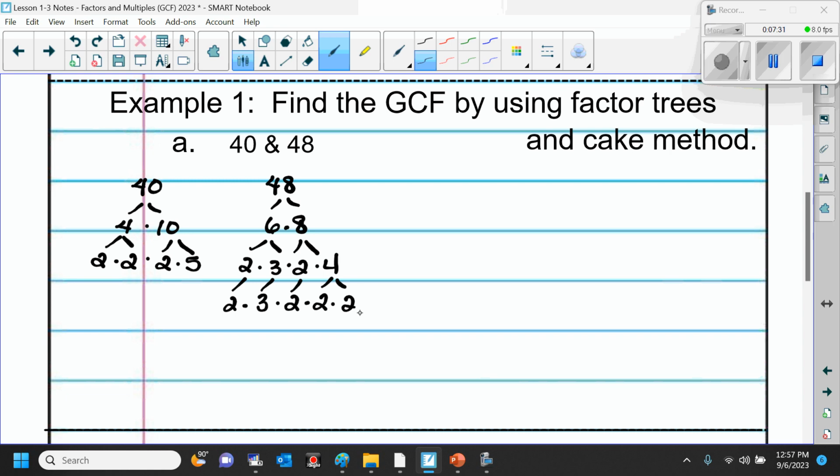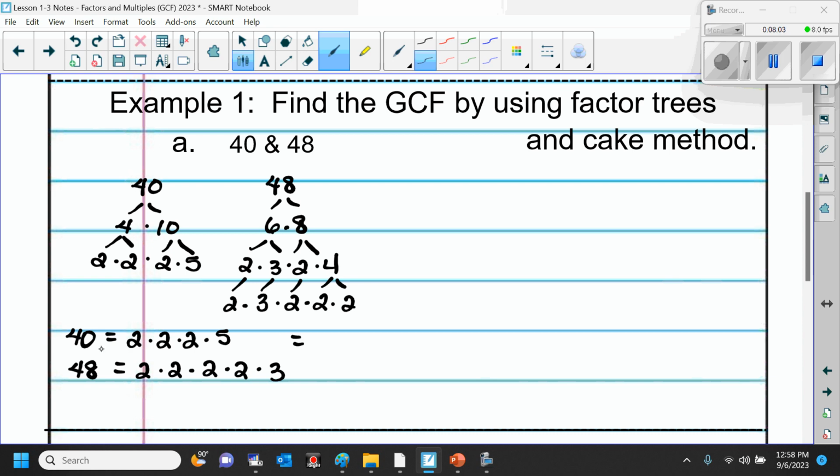So now 40 is 2 times 2 times 2 times 5. 48 is 2 times 2 times 2 times 2 times 3. Right? And in the video, they asked you to write them with exponents. So,